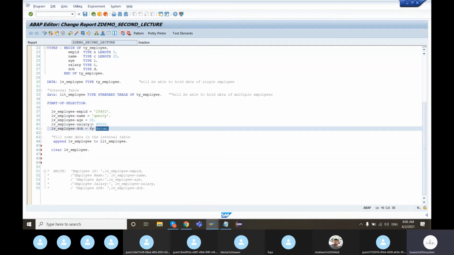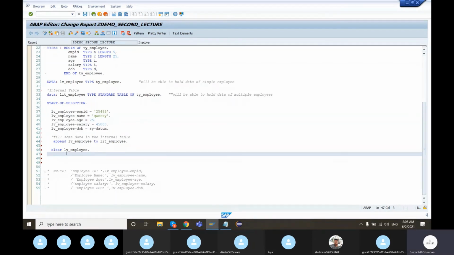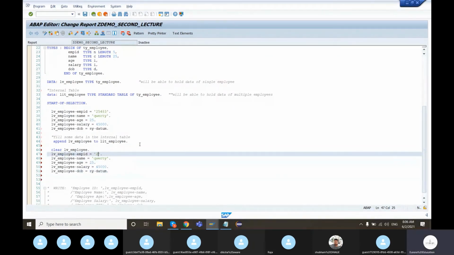The same set of statements we can repeat again. And this time around, we'll simply use some different set of data. Employee ID, I guess I've used 6 characters long.